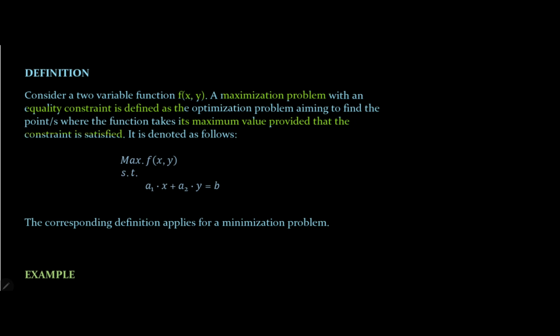It is denoted as follows. We write the max, or if it were a minimizing problem, min, and then we write the function, and then we state "such that", and we write the equality constraint